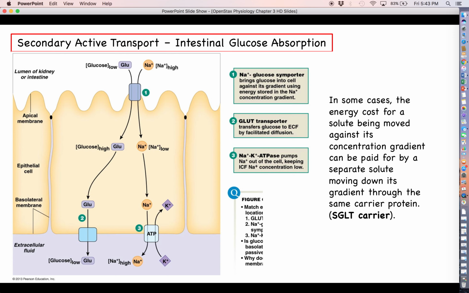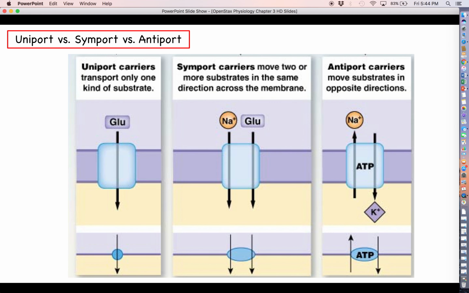absorb amino acids. So like I was saying, this example not only allows us to learn all about secondary active transport, utilizing a sodium gradient or a potassium gradient to pump something else uphill, but it also allows us to see in action facilitated diffusion and primary active transport. And you'll notice the only type of transport that is not happening here is simple diffusion. So as long as we are in that line of thinking, let's talk a little bit of terminology